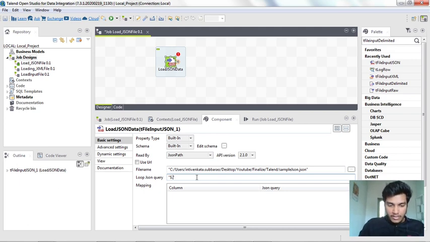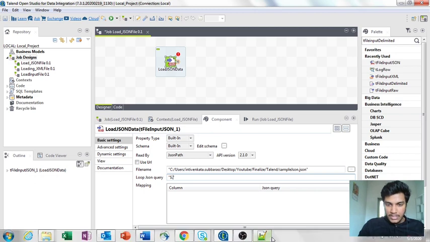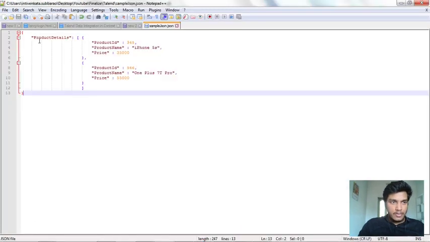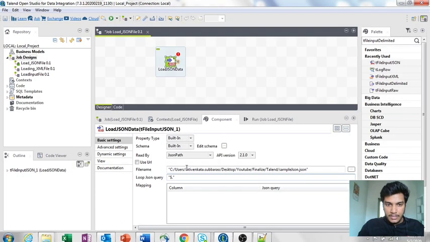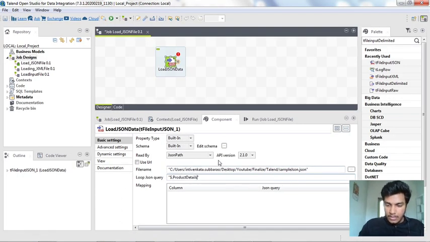Here we have product details, the left side argument. I am copying it and pasting it here, and it is an array, right? So I am iterating all the array elements, that's why I kept a star inside the brackets. This is the main JSON query required to iterate all the values present in that JSON file.